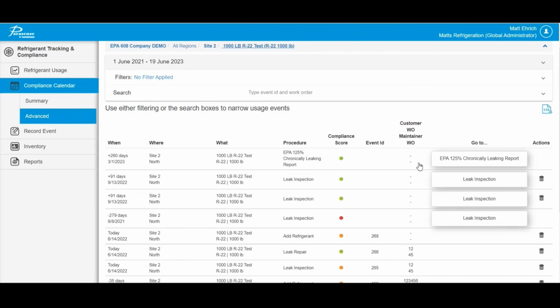We have that annual 125 report for the EPA. We see that's another item coming up as a future event just before that reporting period. So the compliance calendar is really good at keeping everybody compliant in terms of those requirements